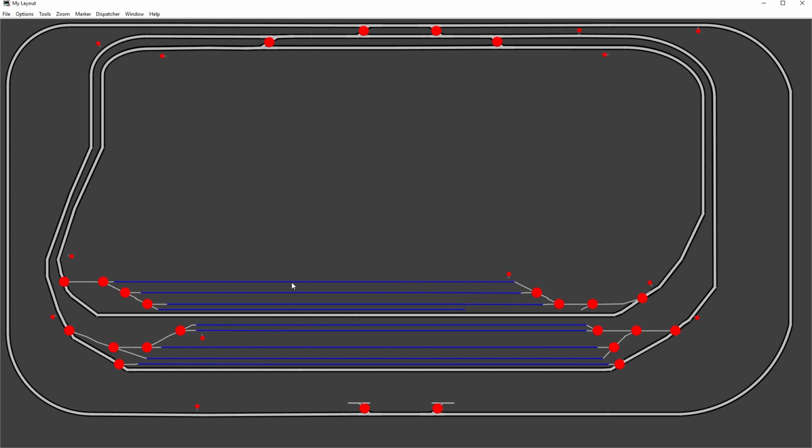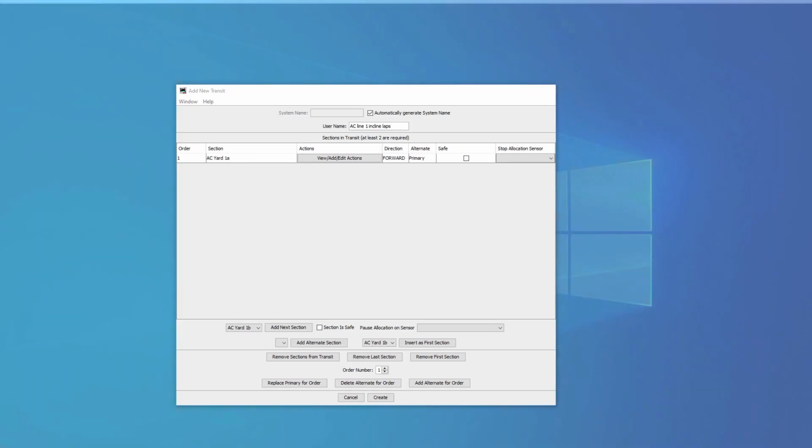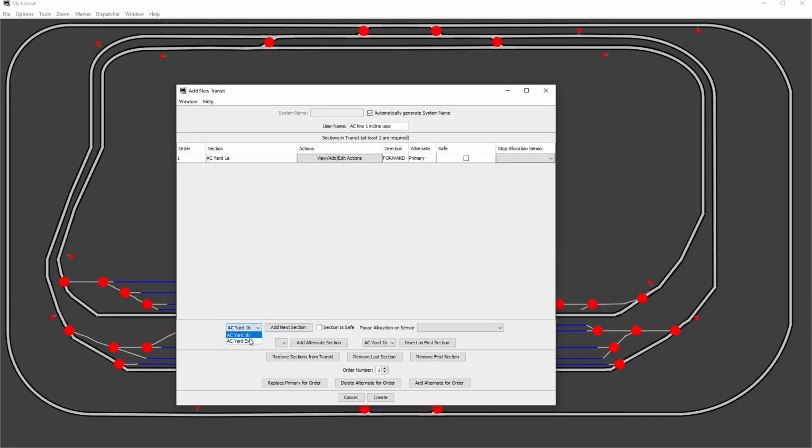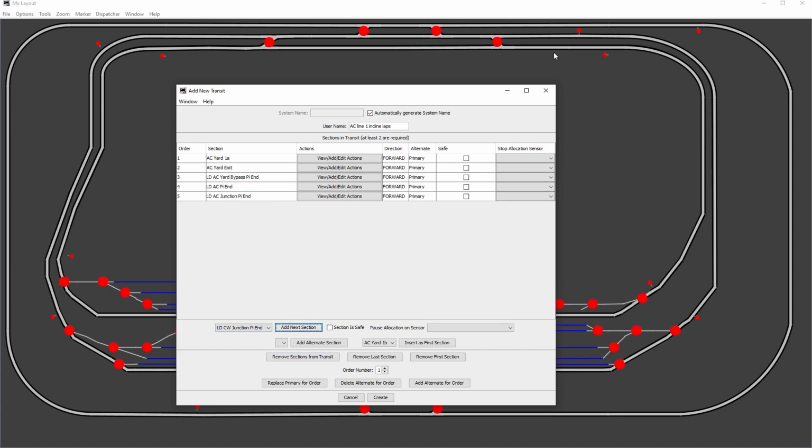So I can only either go backwards down this storage line here or forwards through that yard exit. So I'm going to go for forwards through the yard exit at that section, and it continually just keeps restricting me to what I can choose. So that's got me around this corner and up to here now, but here I do have a choice because